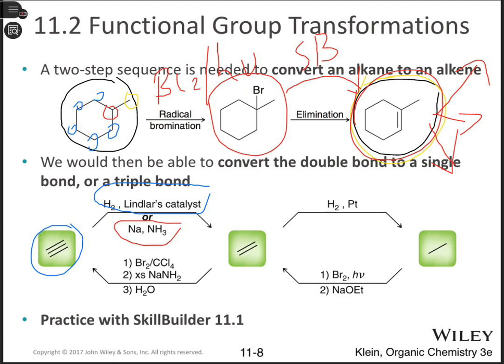If I have to do an RS, then we do a trans. And so that's important to differentiate. And so it all depends on what your product is. Now, if we have an alkene, and stay with me here because I want to explain what this is. If we have an alkene and we add bromine and carbon tetrachloride, what would happen? What would the alkene turn to? It will turn into a